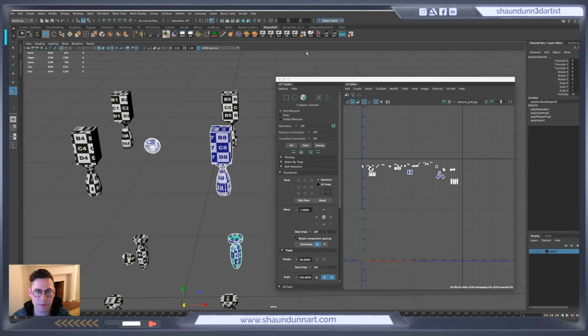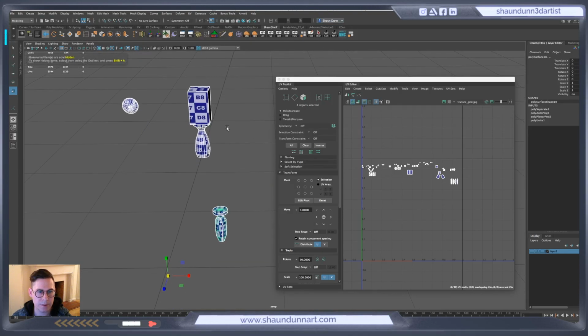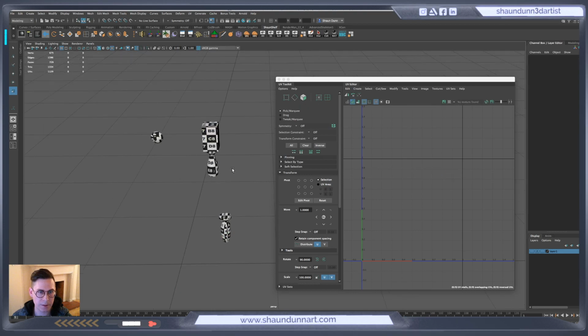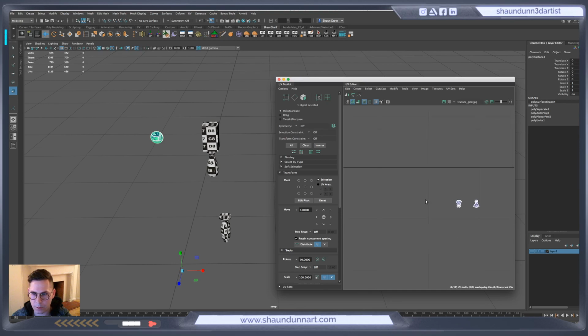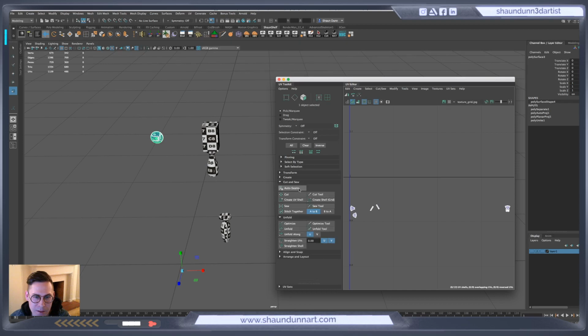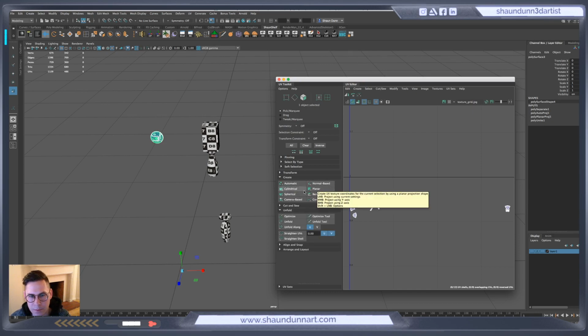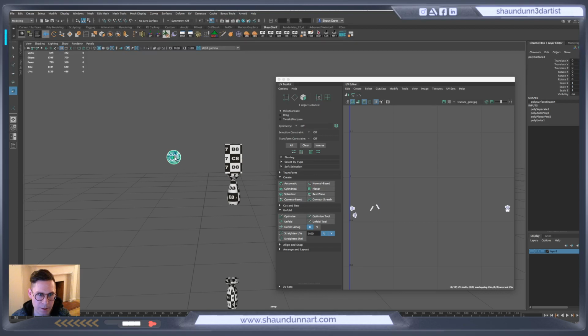So let's hide unselected and focus on them. So yeah, this one is just totally mangled. I don't even know what it was thinking. That's artificial intelligence right there, folks. I don't know, but yeah, it's not going to work. So let's see what we can do to create our own. Honestly, I think I'd like to just project this